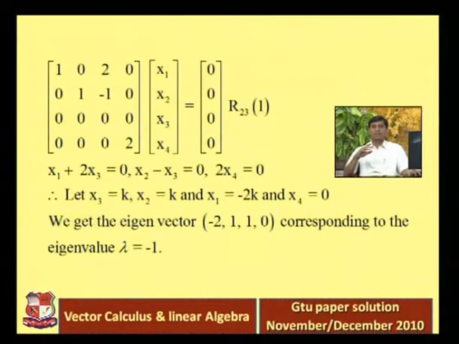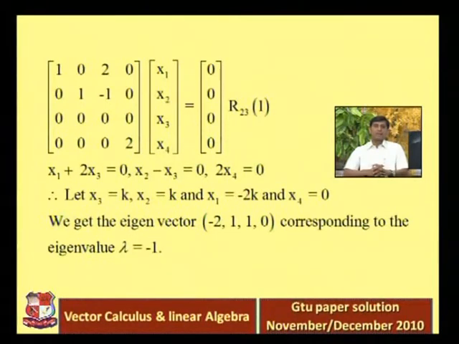Actually we have to interchange this third row and fourth row, because there is a condition to become a row echelon form: if there is any 0 row, it should be at the bottom of the matrix, right? So the next process is we interchange the third and fourth row, so that the matrix becomes row echelon form. This matrix is actually not in row echelon form, but you can definitely solve for x1 x2 x3 x4 from this matrix. But if you want to convert this matrix into row echelon form, the next process is R3 and R4, that means you interchange the third and fourth row, right?